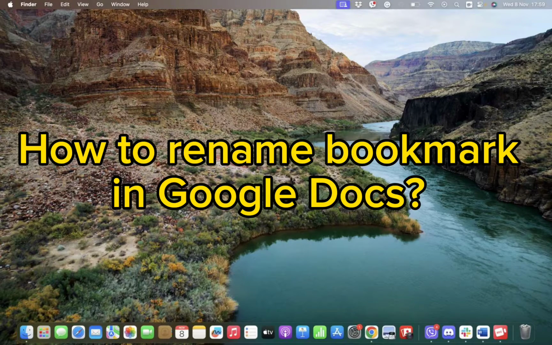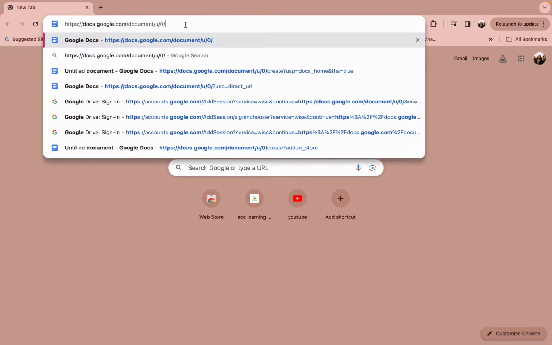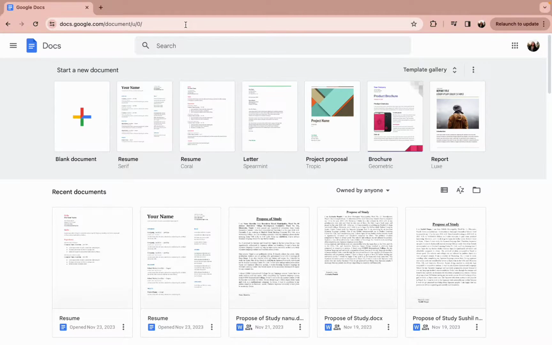So first and foremost, all you need to do is simply open a web browser of your preference and type in the URL www.docs.google.com. Once you do so, you will end up on its official page, so you can select a project or